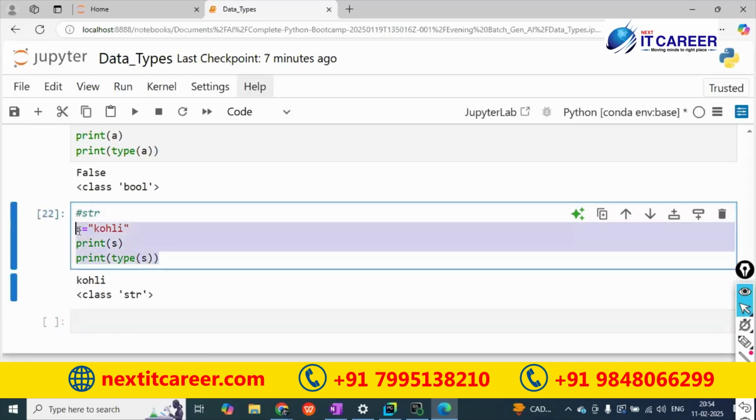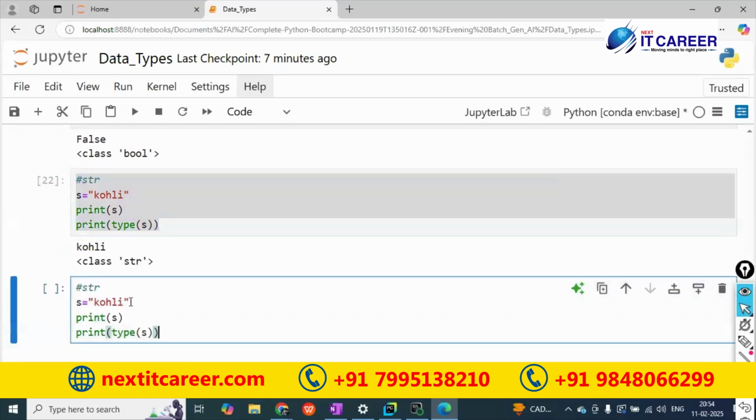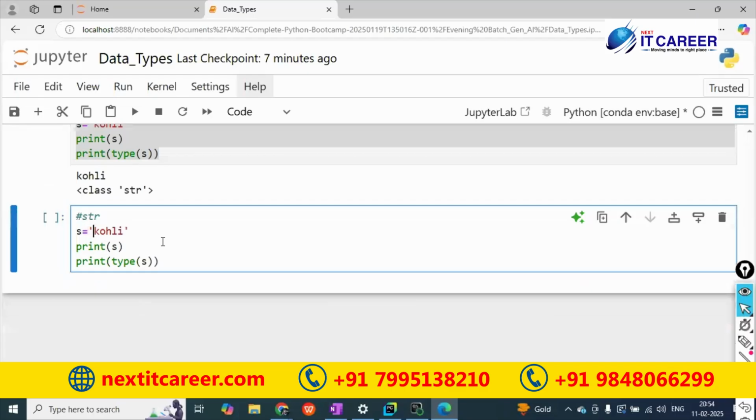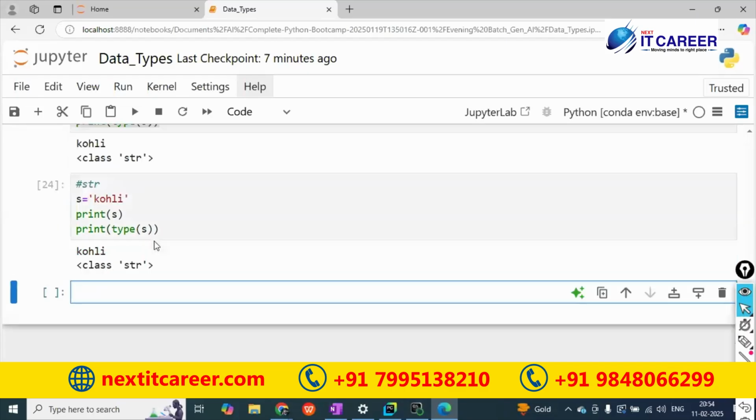Now, I told you we can also use single quotes, so let us remove the double quotes and keep only single quotes. If I execute this, we will get the same output.